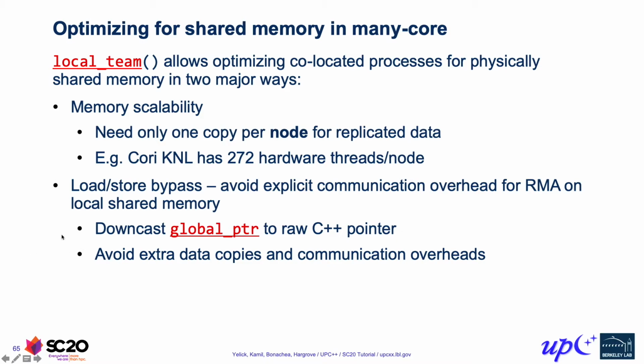And instead, what we can do is obtain a global pointer to it, cast it down to a raw C++ pointer, and then access it directly. This way we avoid the communication overhead, but we also avoid making a data copy as well. If we were to actually access it through the network layer, we would need to do something like an RGET